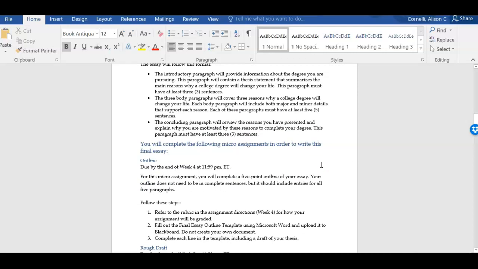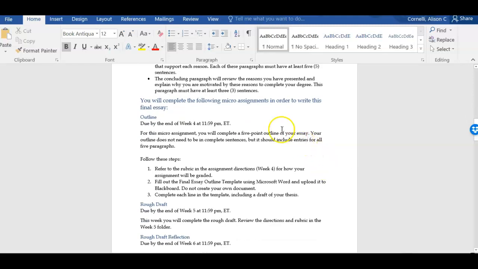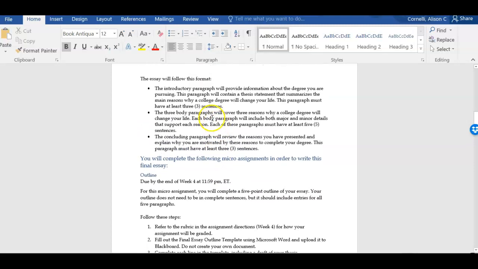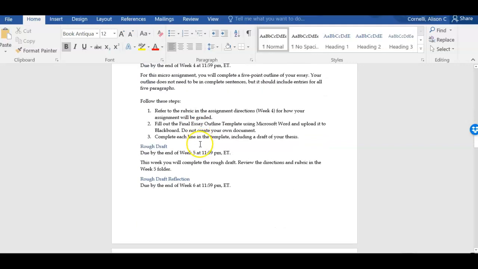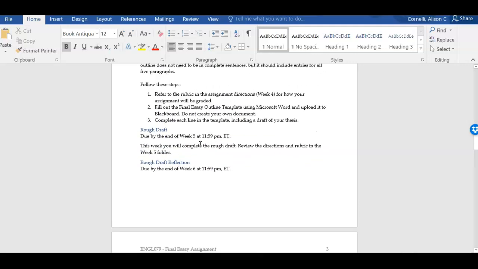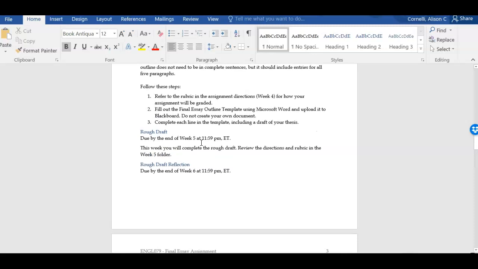So let's look back to the different things that you've done. You've done the 5-point outline where you had all of these things in just separate sentences. They really weren't in paragraphs yet, if you remember that template. Okay, then you had a rough draft, which I wrote directly on and gave you feedback for. So you want to make sure that you go back and look at the feedback that I give you.